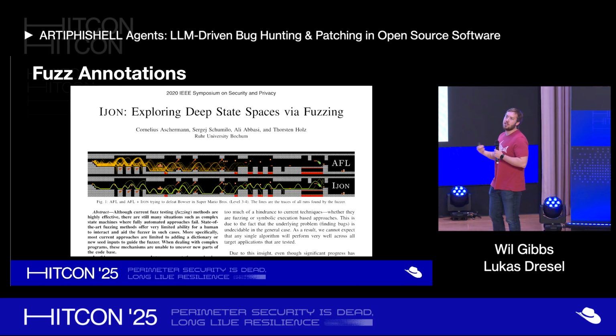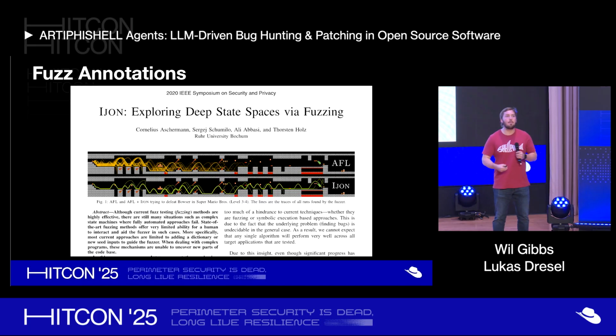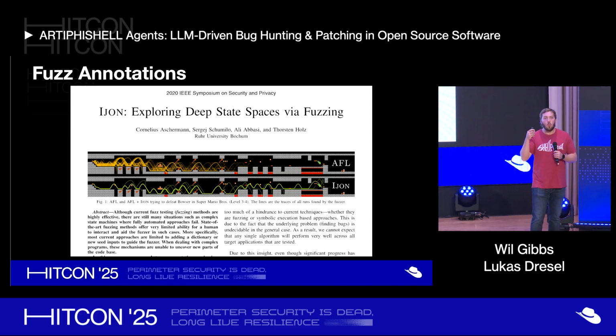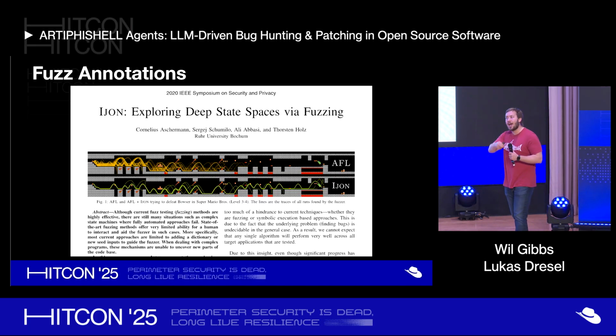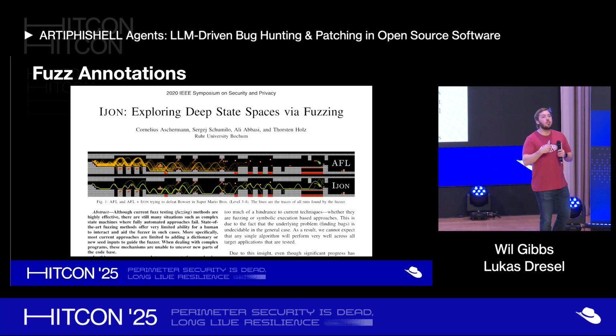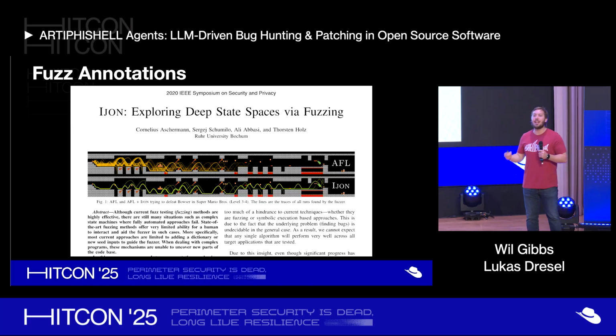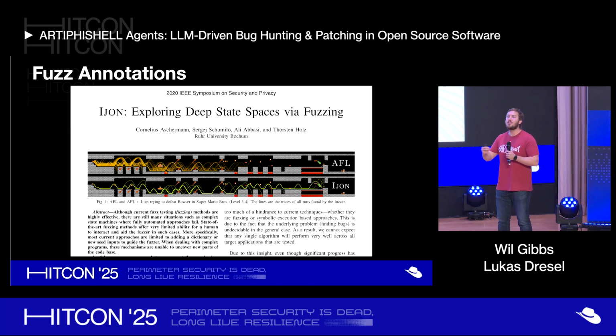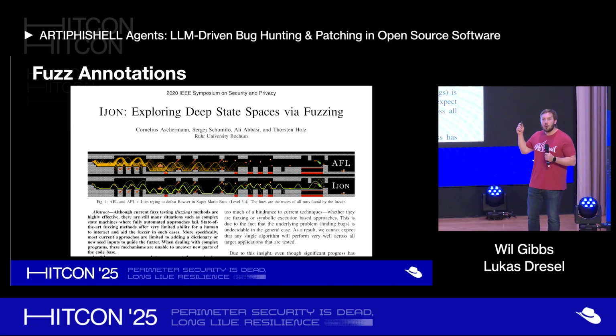Initially, line-based coverage or bitmap coverage will tell you which seeds have actually hit which locations in the binary. The idea behind IJON is to expand this to not only line coverage, but to also include different states that are reachable. However, in order to do this, you need to manually annotate the code.